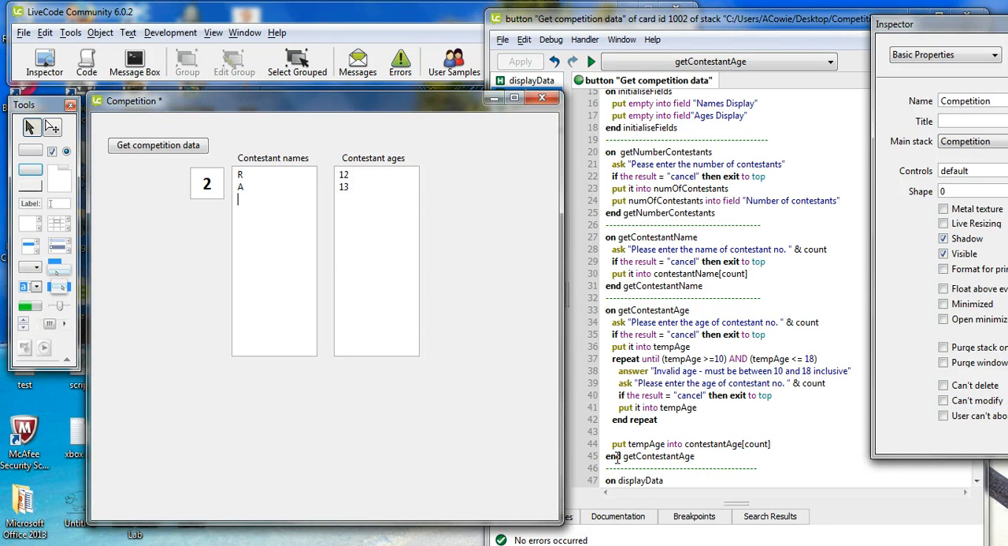So this is called input validation, where I make sure that they're in a particular range, and I should test it with normal data like 12 and 13, extreme data, that's the 10 and the 18, and exceptional data, which would be 9 and 19, to make